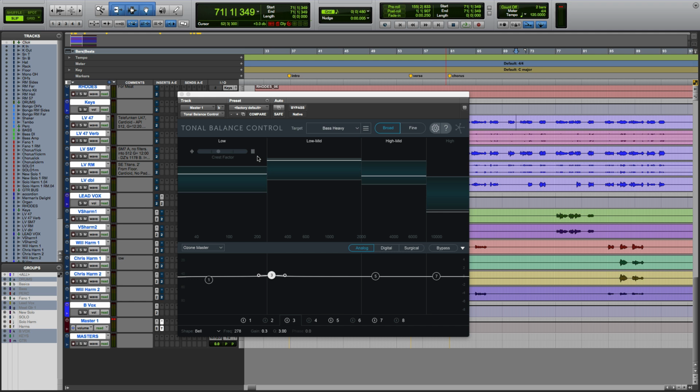I should also point out that you don't have to use our targets, the bass heavy, modern, and orchestral. You can upload your own by clicking here and choosing Create Custom Target Curve from Audiophile, or even bring in a whole folder of songs that you love and think sound great to have a custom composite curve created in Tonal Balance Control. So the bottom line is, using Tonal Balance Control gives us the ideal metering situation. We can see if our track is stacking up against the greats in the bass heavy category, and we can solve problems right from the plugin of Tonal Balance Control if it's telling us that we have more work to do.